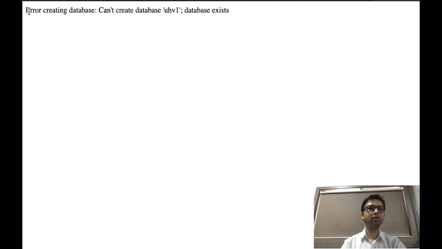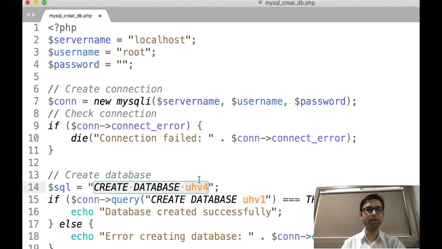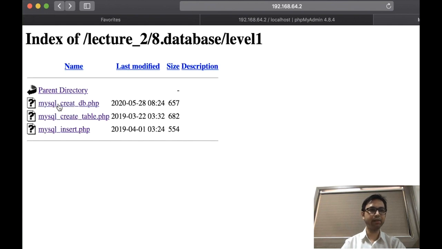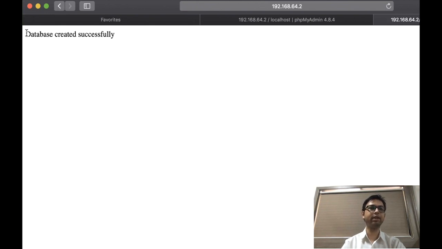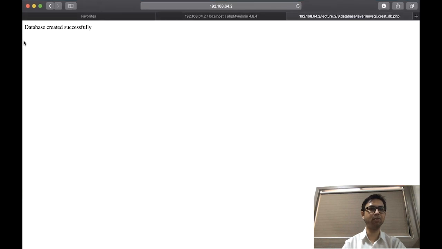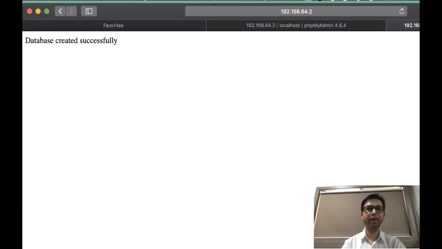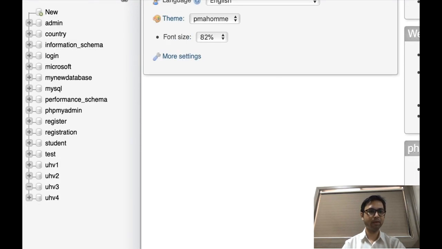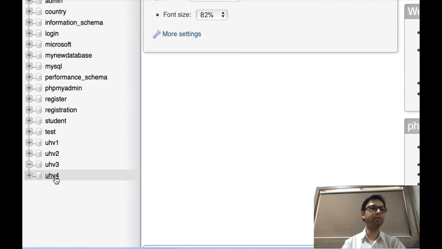As I have already created the UHV1 database and I have not saved this program, let me save this program as UHV4 over here, then go back and run once again, and it says that the database has been successfully created. If I go over here and refresh, I can see that database 4 is created.